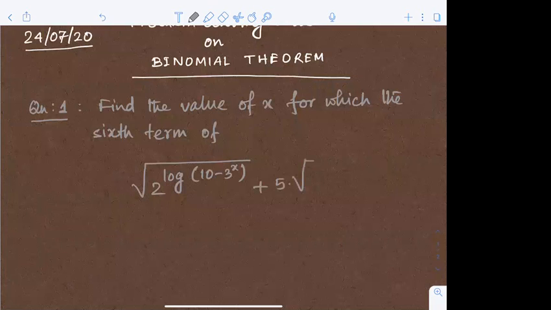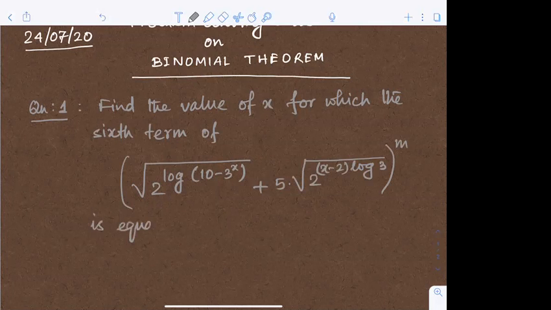root under 2 to the power x minus 2 into log 3, whole to the power m. This sixth term of this is equal to 21, and the binomial coefficients